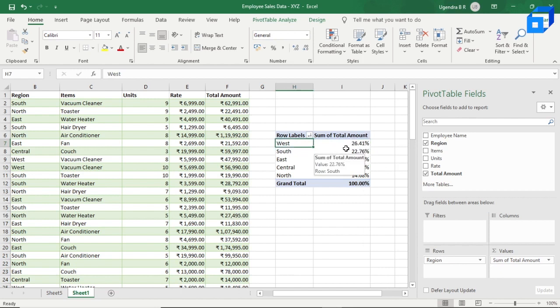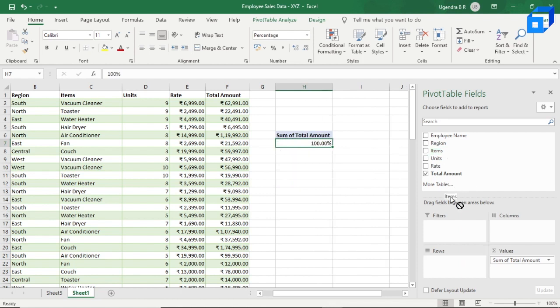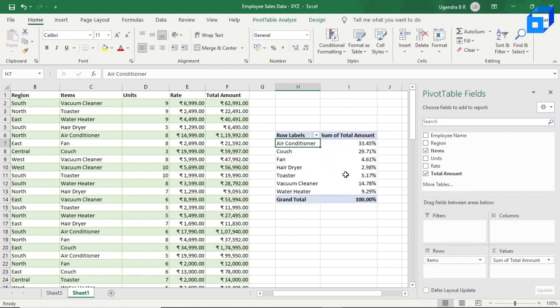Now if you want to get the percentage of total sales by each item, we replace the region with item. So let's do that. Remove regions, and now let's place items onto rows. It automatically takes the value.